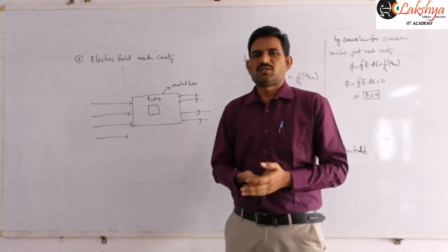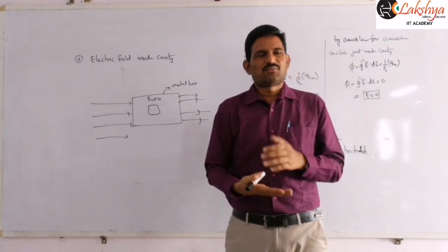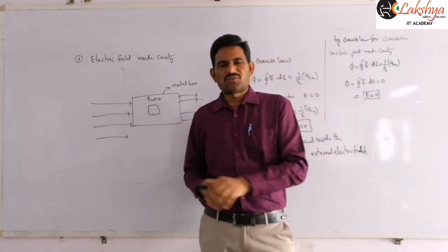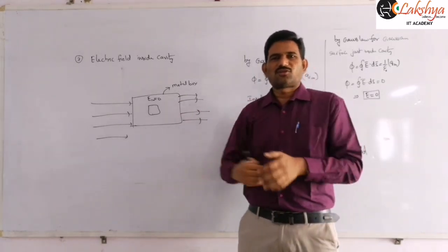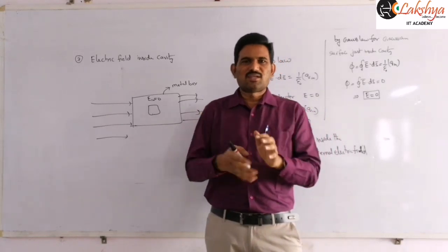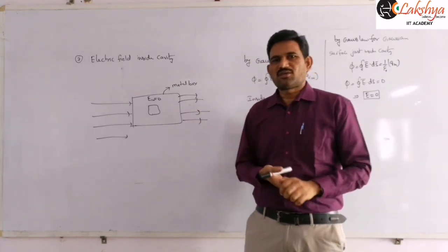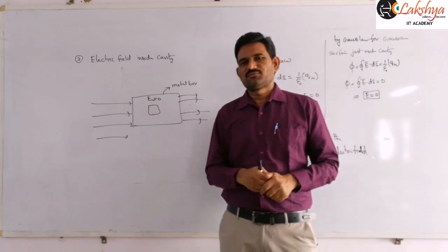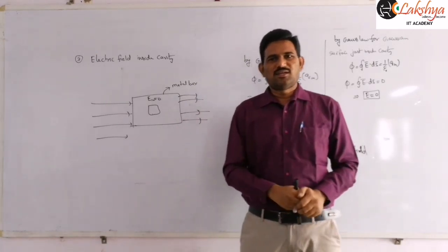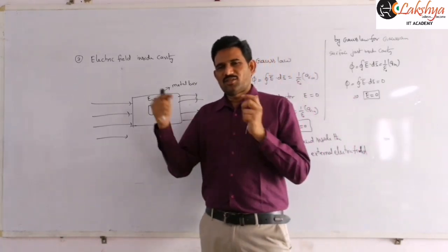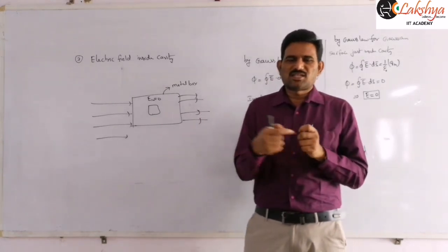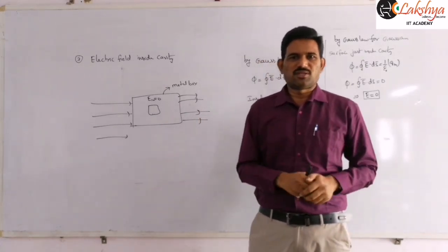Options will be given, like we should be under the car, or out of the car, or we should run near a tree, or we should remain inside the car. The correct option is that we should remain inside the car, because the thunderbolt is nothing but an external field. A very strong electric field will be there.